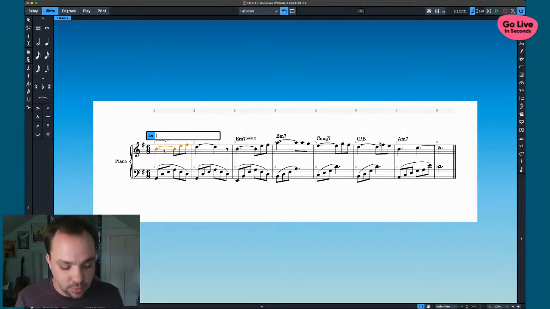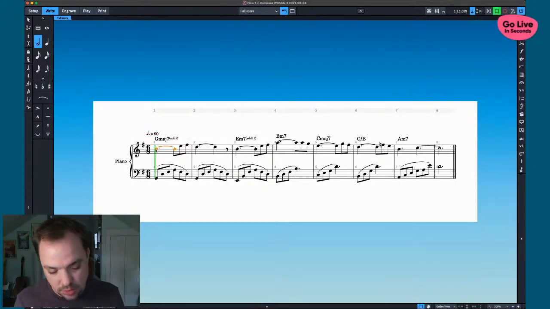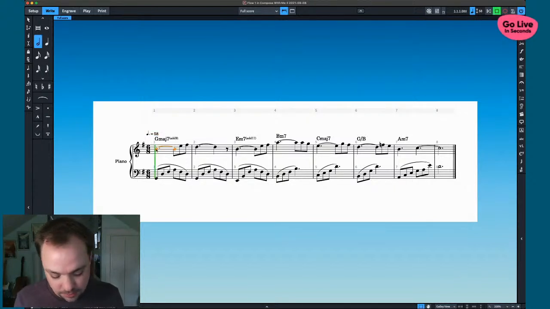Or no, I would want a dotted quarter. Q dot. Is that how I do that? 90. Okay, that is how I do it, but it wasn't the number I wanted. 58. Let's see.